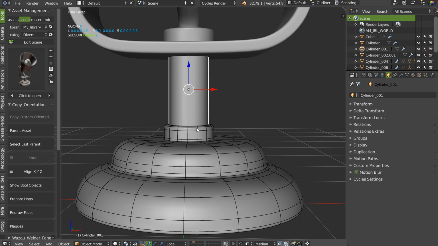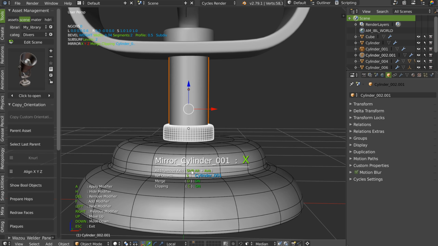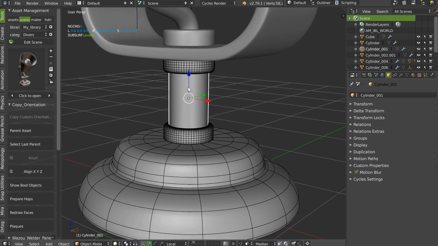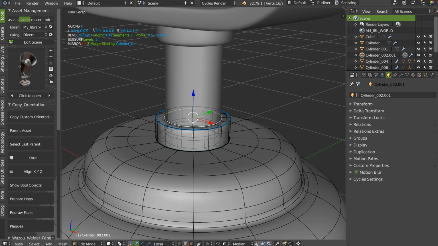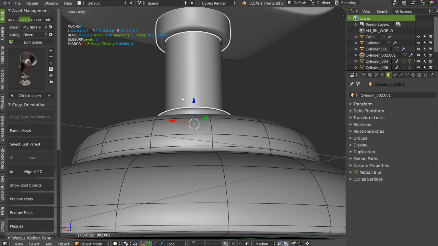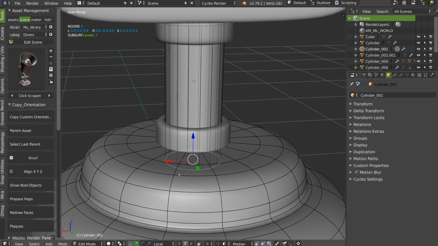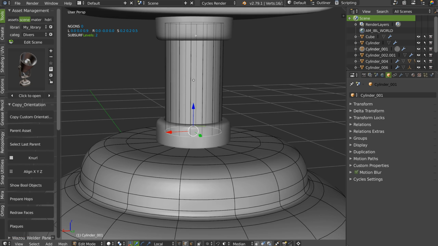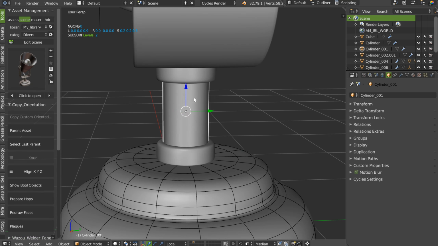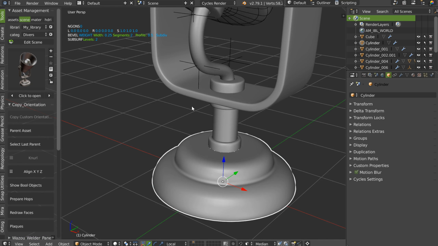Make the origin at the center, select this one, make a mirror in Z, here as you can see, and why not move this a little. Like this, if you edit this one, that will of course edit the other. And on this one, I can edit it to make it better, like this. So, this is the subdiv modeling.